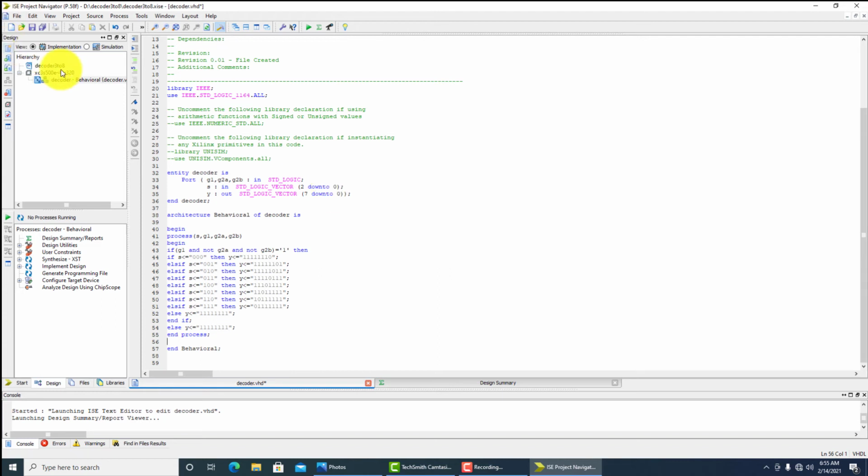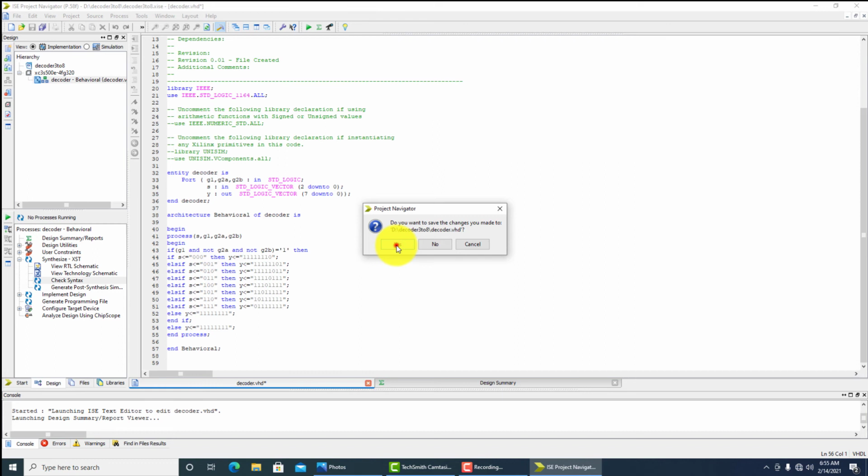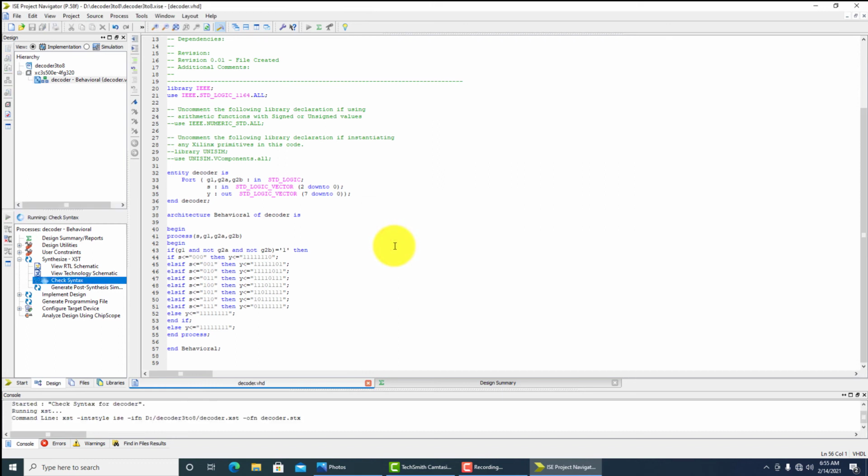Okay, next check syntax. I forgot to write the end if here. I am starting 2 ifs, so we have to end with the 2 end ifs.